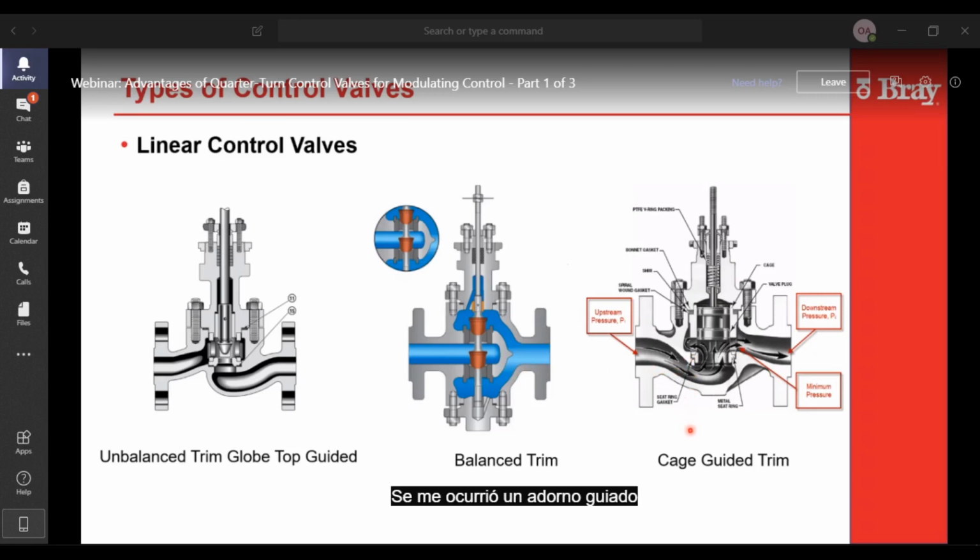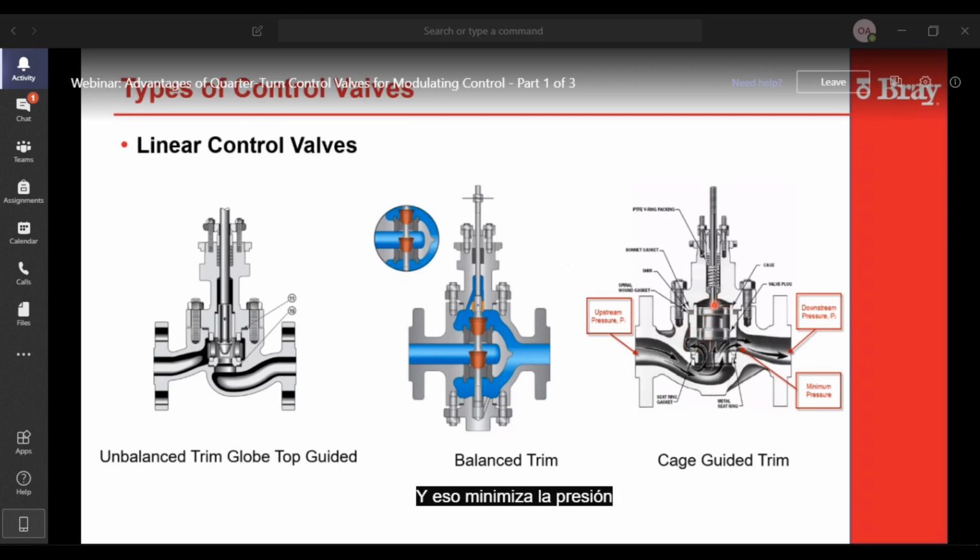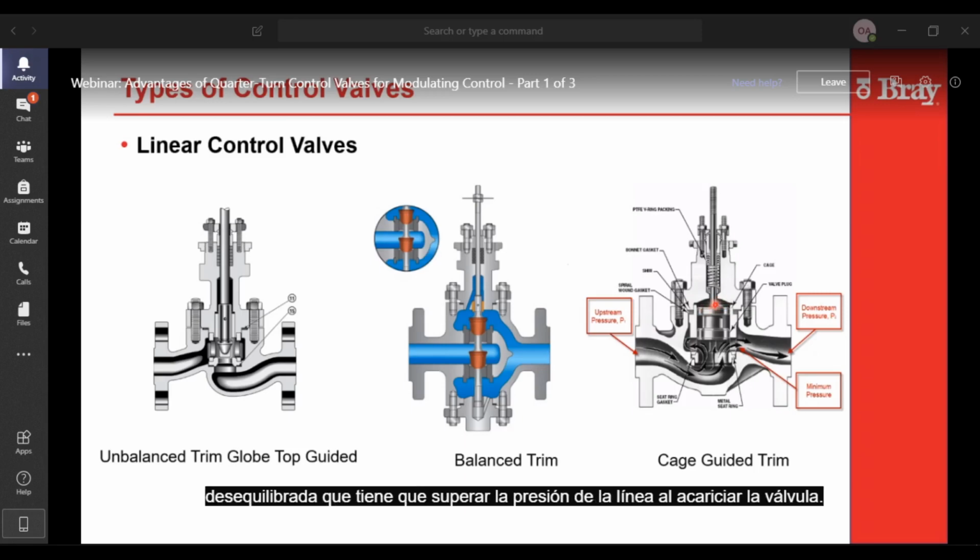So they came up with a cage-guided trim, which would shut off tighter. Basically, in the cage-guided trim, all the way on the right, you have holes through the plug so that the upstream pressure can go through the plug into the bonnet cavity. That minimizes the unbalanced pressure that has to overcome the line pressure when you're stroking the valve.